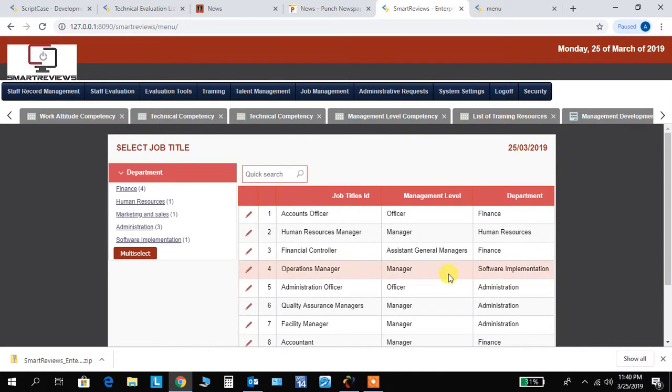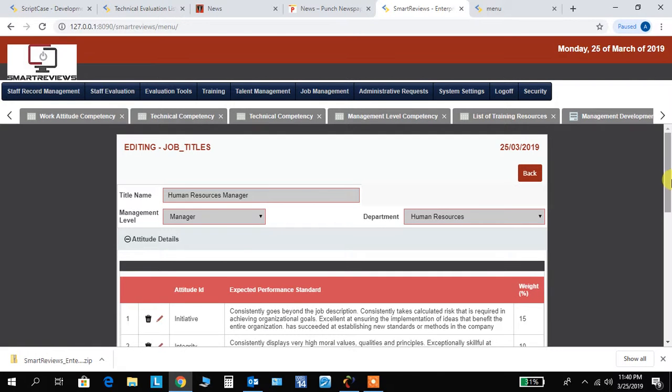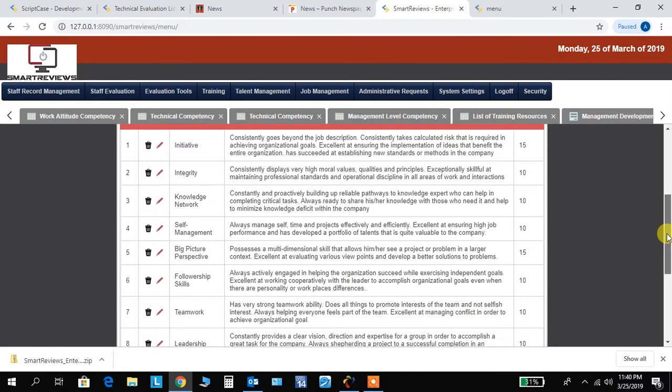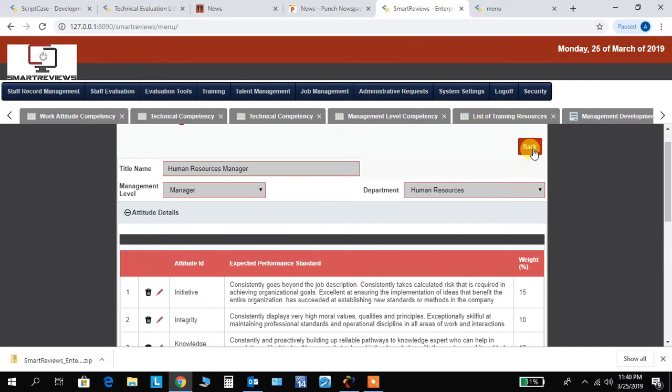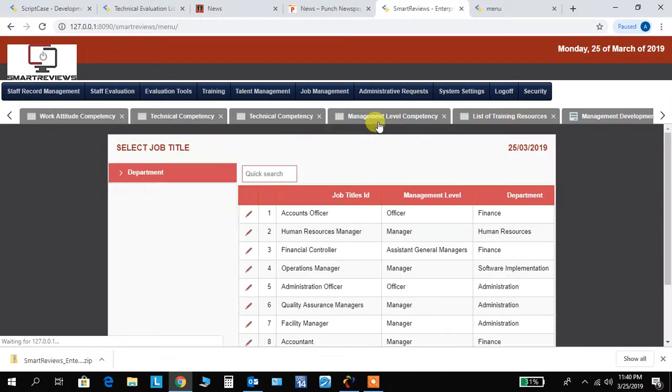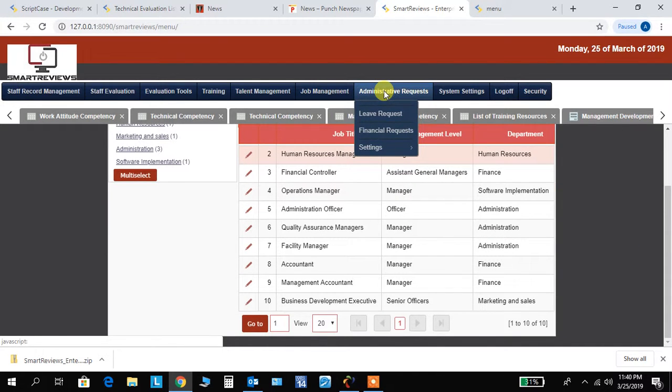So you can see the different weights for different competency classes. Even though these are the same competencies here, for this particular position the weights attached to it, which are supposed to add up to 100, are different. Different job titles within the same department may have different priority weights attached to each of the competencies, and that goes as far back as every other type of competency that you have. So it's extremely detailed. And then you have what we call the administrative,